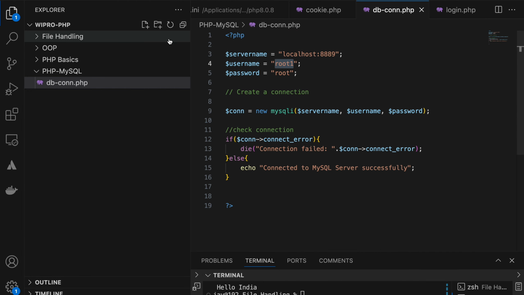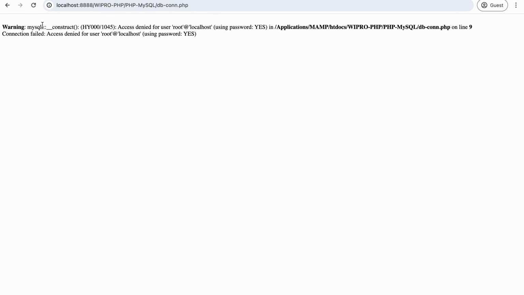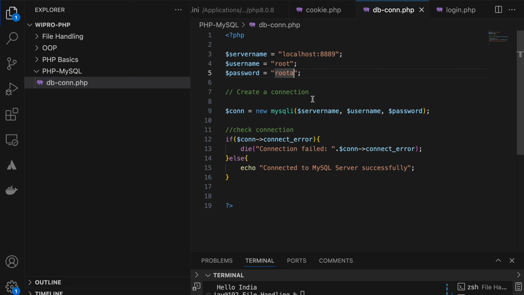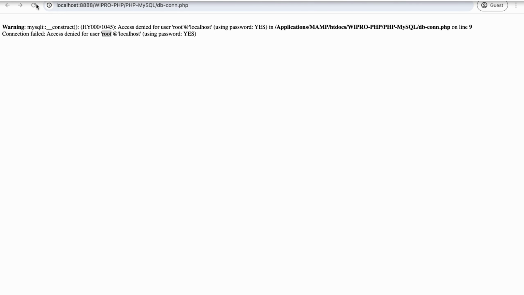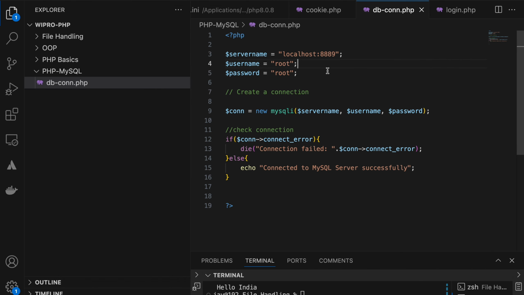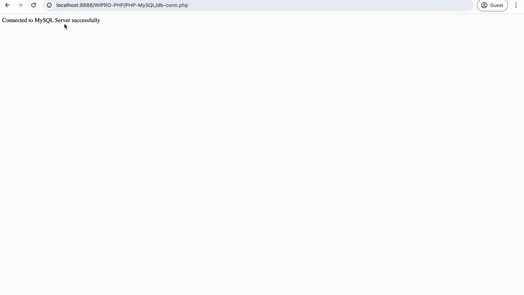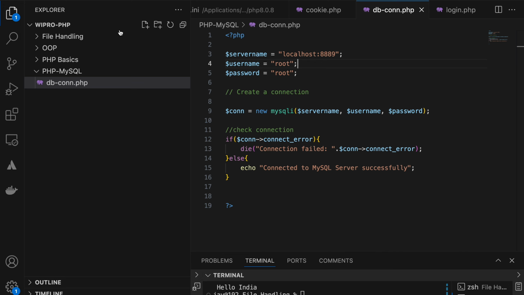Similarly, if you mistakenly give a wrong password, what is happening? Access denied for user root, because the user is giving a wrong password. If I save this correctly, connected to MySQL server successfully. Guys, clear?